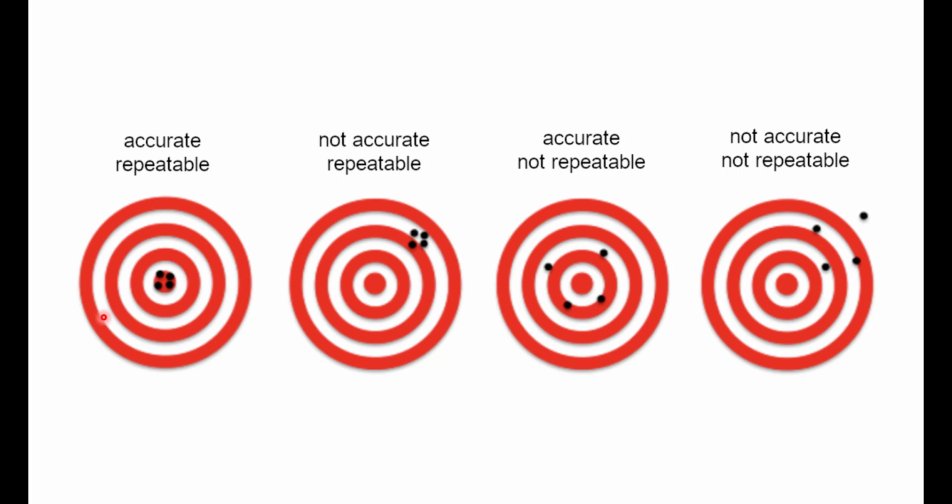Hence, we can say this is an accurate and repeatable configuration. Whereas in this particular scenario, the objects were placed repeatedly but not at the target point. Hence, this is not accurate but repeatable. Here, the objects are placed nearby but at four different positions. Hence, this configuration is quite accurate but not repeatable. Whereas in the last scenario, the configuration is not repeatable and not accurate, as the objects are placed far from the target point and they are not placed at the same point